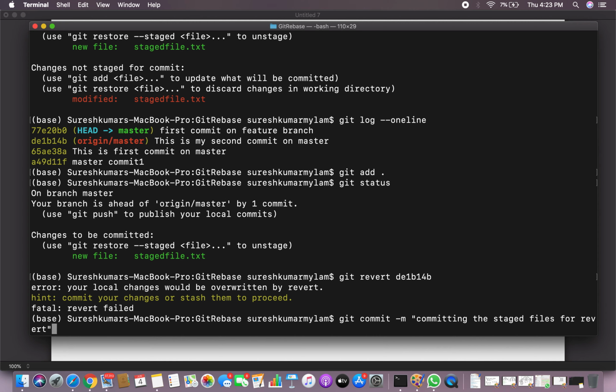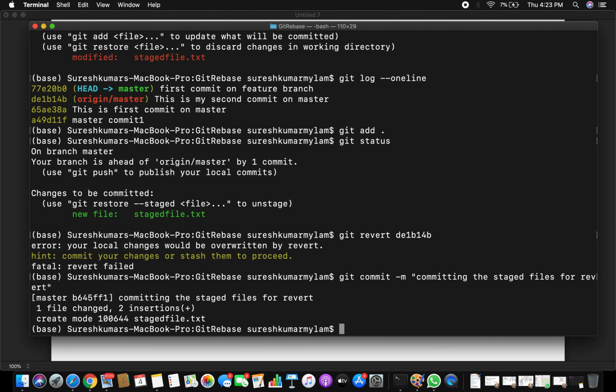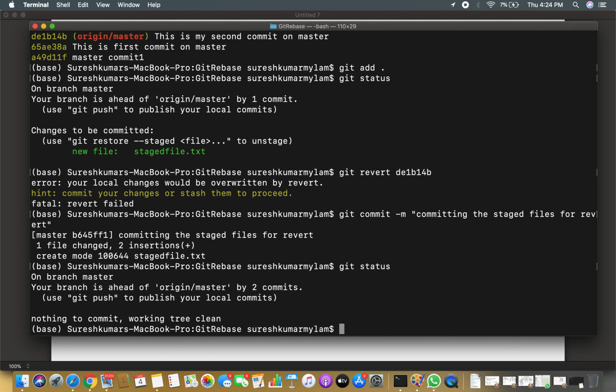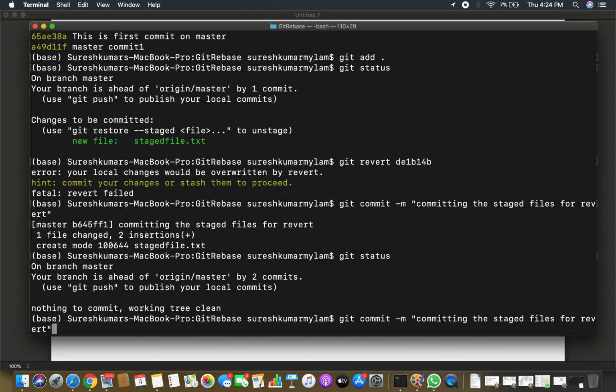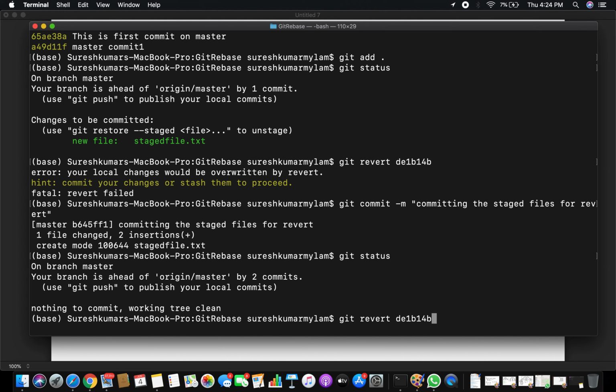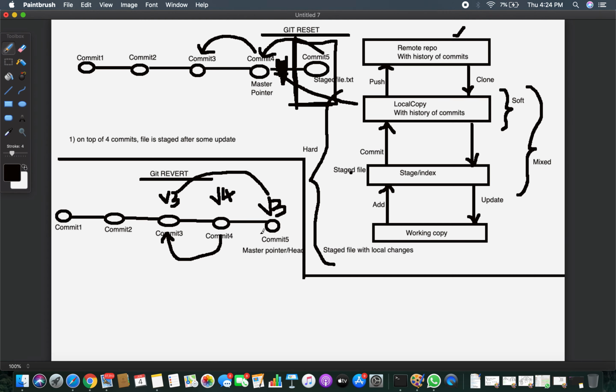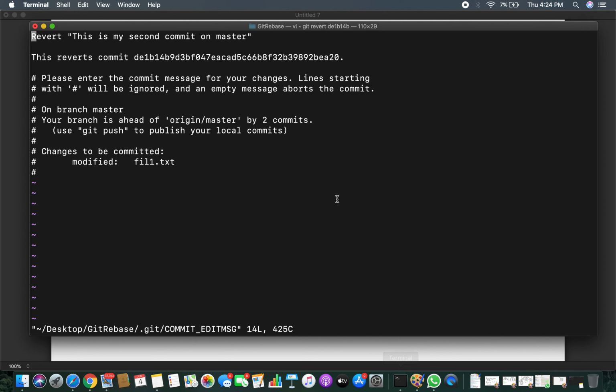I'll talk about stash in the next video. Okay, now there is nothing on my stage or in the local copy. Now I should be good and I can run the git revert. Since this is going to make a new commit, as we discussed, it is asking you to enter the message for this particular commit.